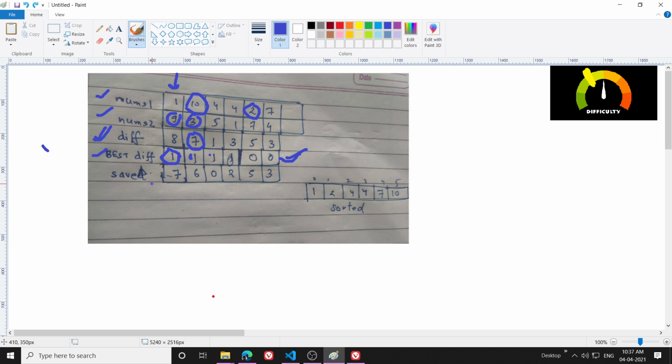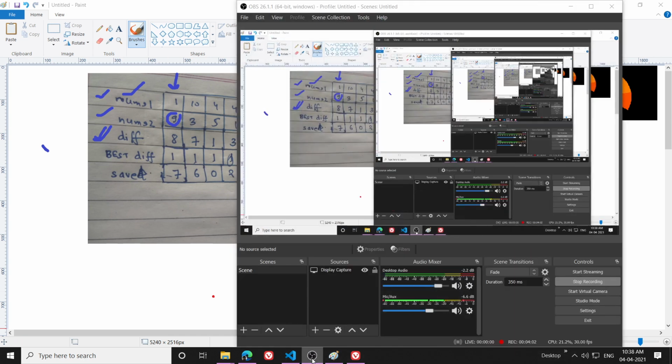But the main problem here is how do I obtain the closest number to 9, 3, 5, and so on in my nums1? To do that, I will use the lower bound method. For lower bound, first I will sort this nums1 array. Lower bound uses a kind of binary search. I may be wrong, but it returns the iterator to the number that is just equal to or greater than the number that you are searching. If you don't know about lower bound, I advise you to just Google it, and it will come up in the top recommendations.